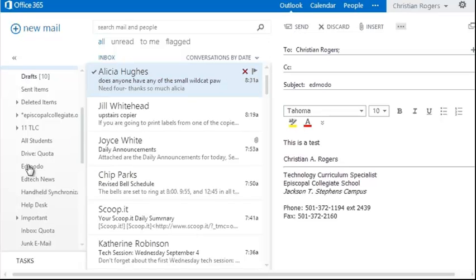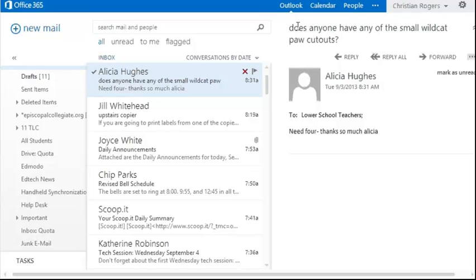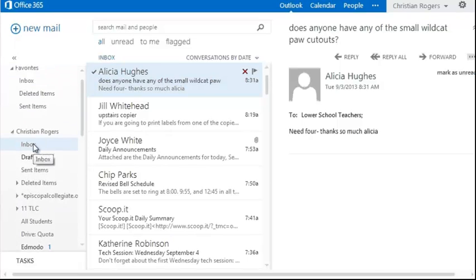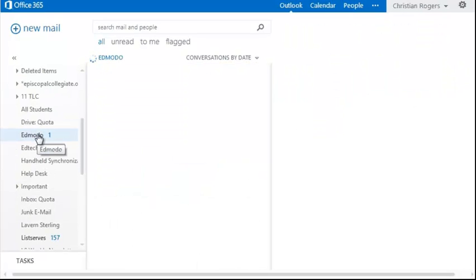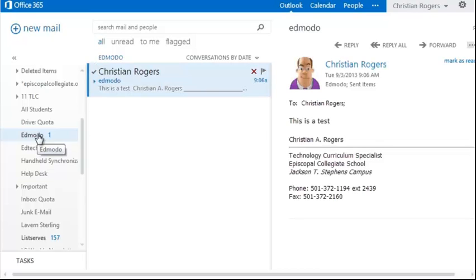Now watch as I send it. Watch the folder over here. As soon as I send it, it should populate to that folder. And now you just saw a little number 1 appear next to the folder. So it didn't come into my inbox. It actually went to this folder that I created called Edmodo. And now when I go to that folder, you should see my mail that I sent to myself